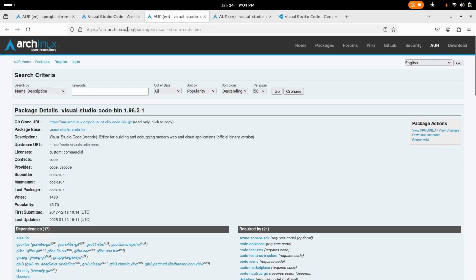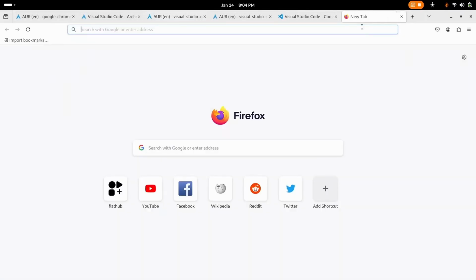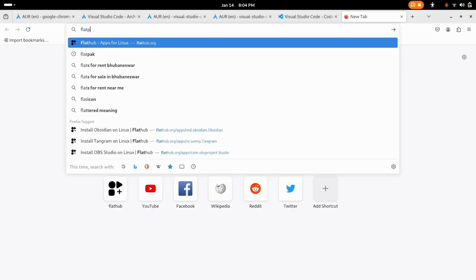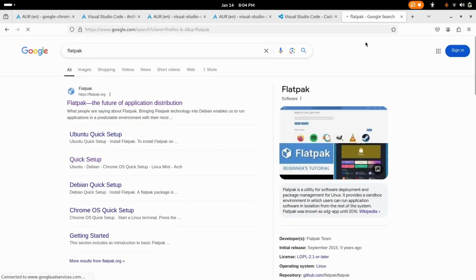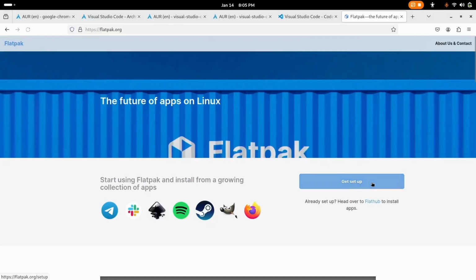But in case you are not getting any package or any software you want to use, if it is not here, what you can do is go to a platform called Flatpak. Okay, Flatpak is like how we use Play Store. Okay, it is a package management software. They have all the software in their repository.